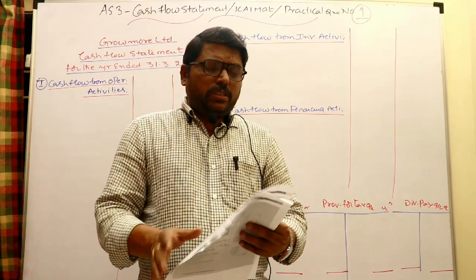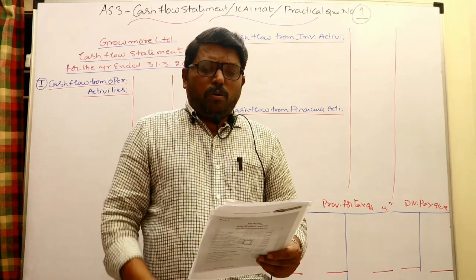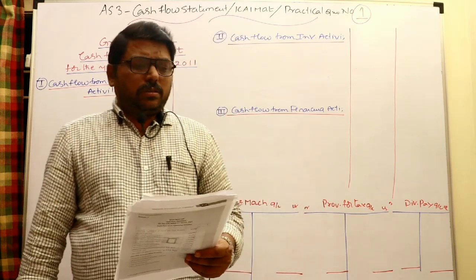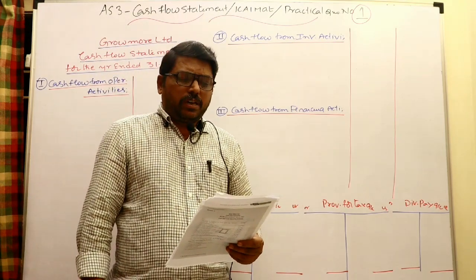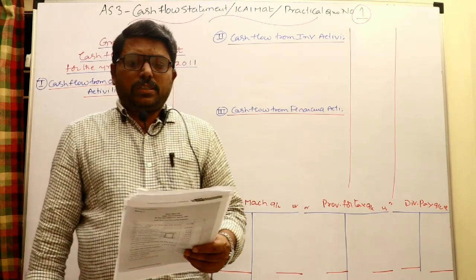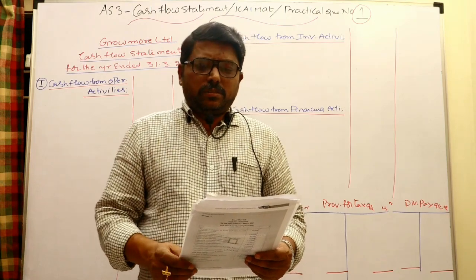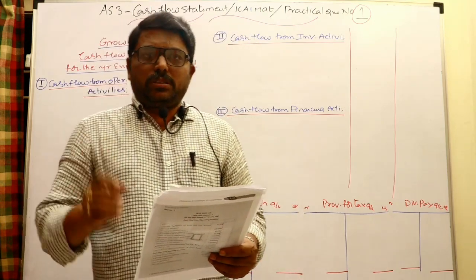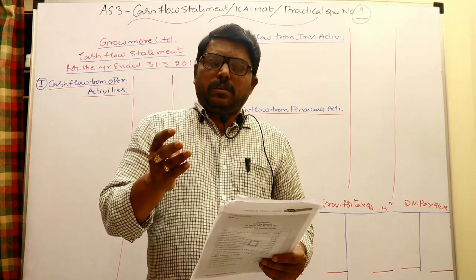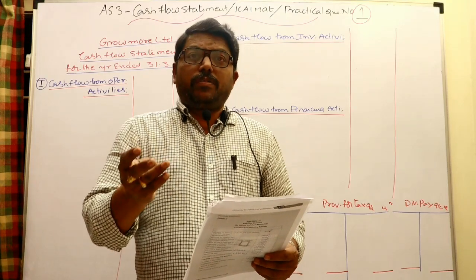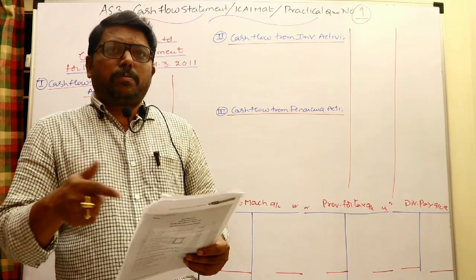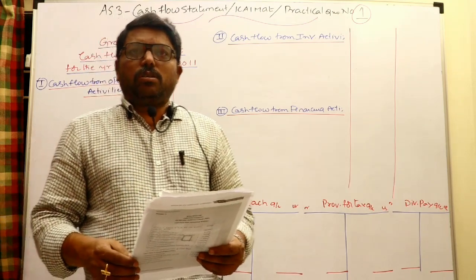And go to the next point, P&L account. Opening P&L 60,000, closing P&L 1 lakh. The difference we can say net profit of current year, but we can say net profit as per balance sheet, which is after appropriations. PBT, PAT, profit before tax, profit after tax, profit after appropriations. This is after appropriations, so you have to go back.